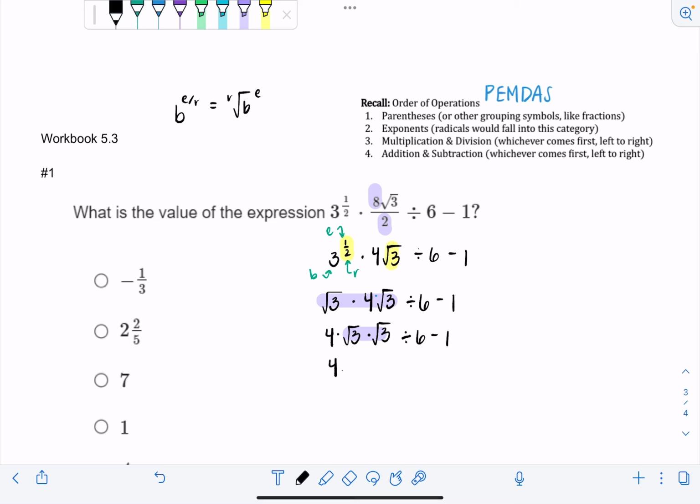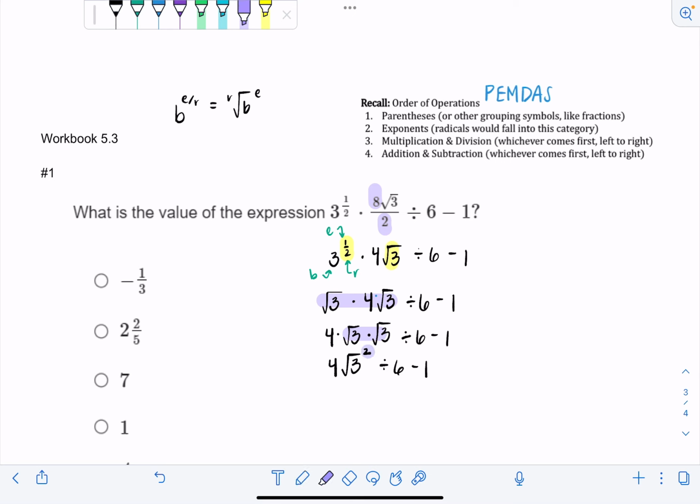So the square root of 3 times the square root of 3 becomes the square root of 3 squared. Anytime you take a number and multiply it by itself, you're squaring it. Bring down the rest of the problem, divided by 6 minus 1. And then remember that